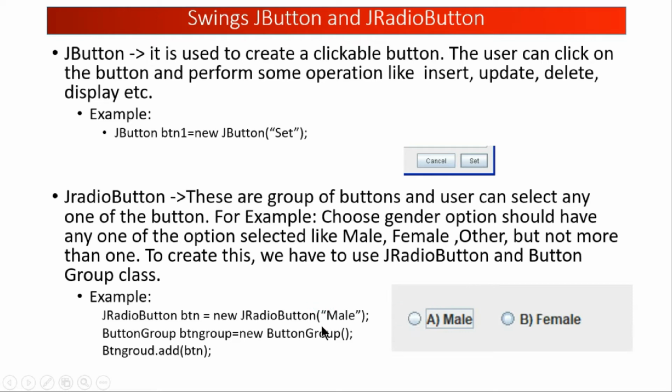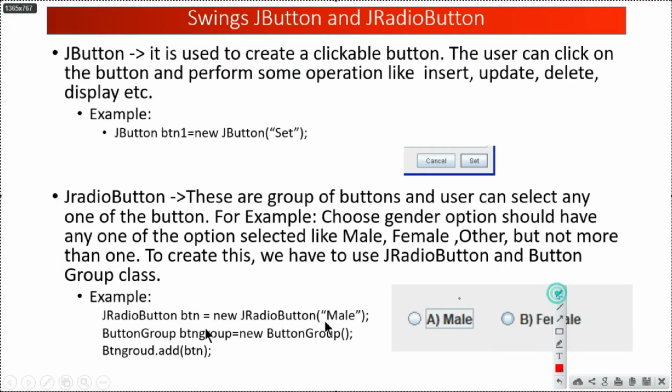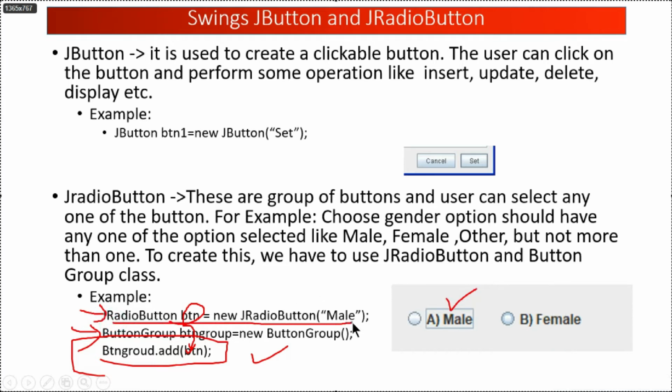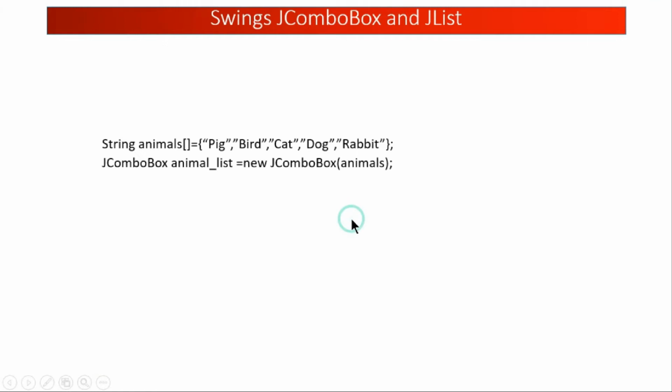There you go. So what I have done here is I have created a button first using the JRadioButton class, then I created a ButtonGroup class object and passed this button as a parameter using the add method to the ButtonGroup class. So when you do this, a male option will be given to you. Then again you can create another radio button with the name female, and then again add it to the group. Here P should be written in ButtonGroup. Sorry for this misspelling. And male and female options will be shown to you. Okay, so let's move on.